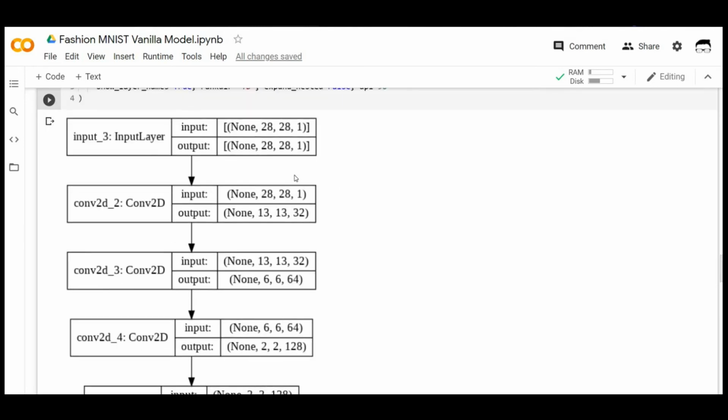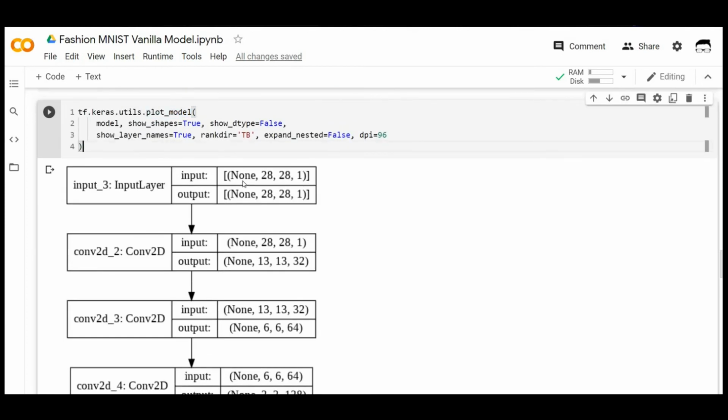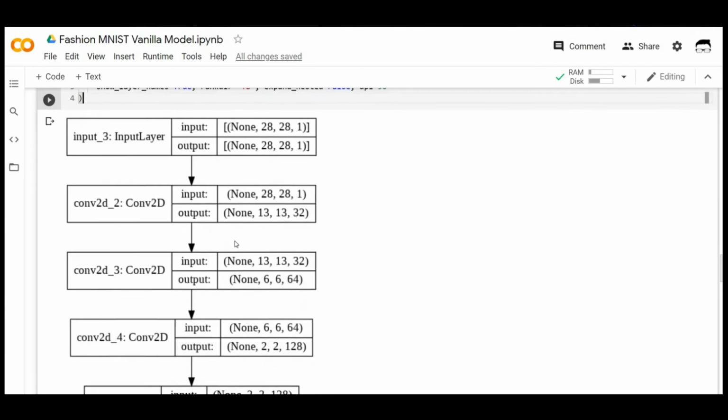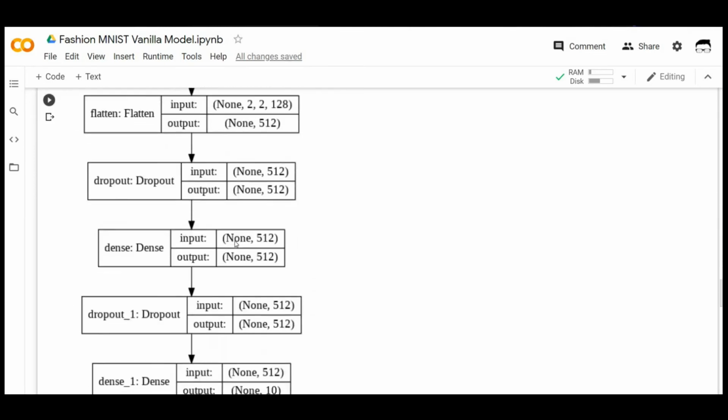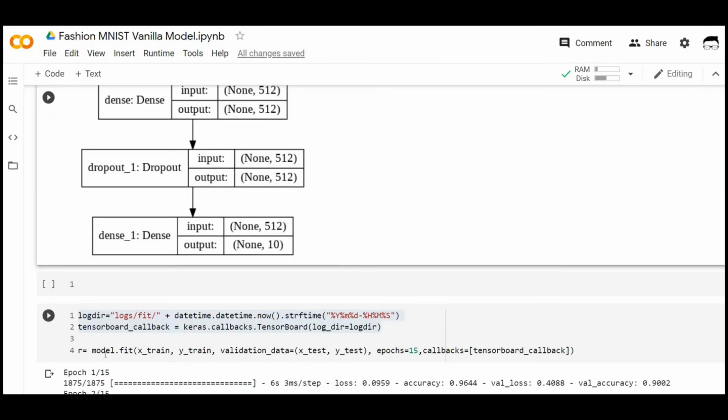One more advantage of visualizing your architecture is that you will be able to see the size of your arrays, the size of your tensors, by looking at the input and output attributes in this particular diagram. And finally, this is our result.